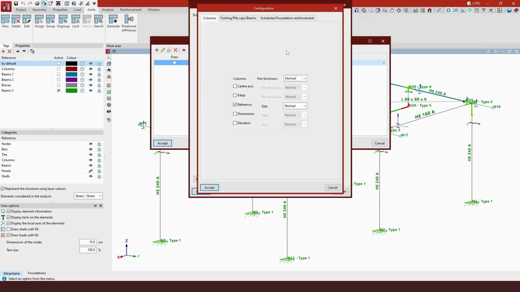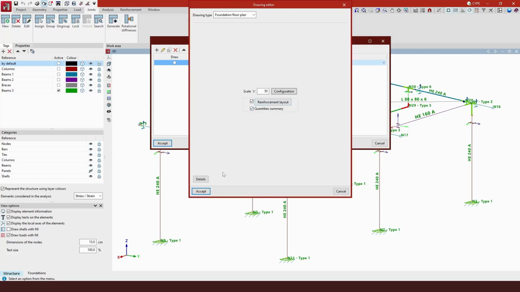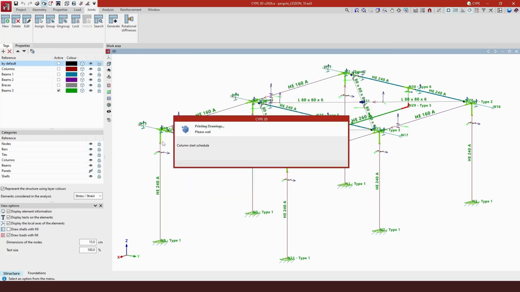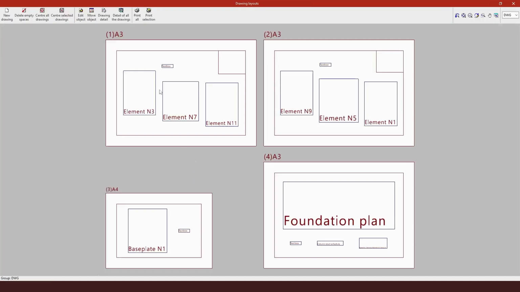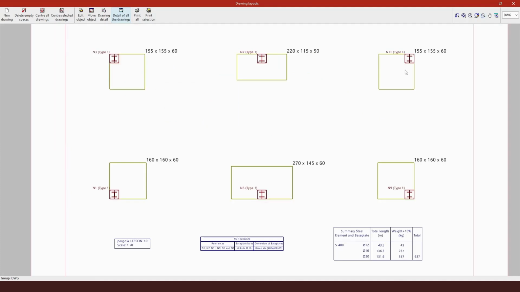For this, we could come to the configuration and ask to see the detailing of the foundation elements. And as for the reinforcement layout and the quantity summary, we can accept to see this other drawing. Here, what we can expect is a view of the floor plan of the foundation, with each footing with its dimensions, the type, the name of the node, and a detailing of the rebar, the summary of the